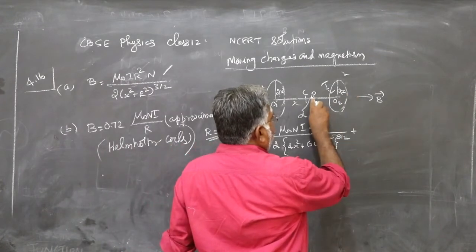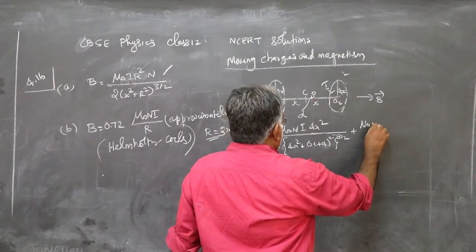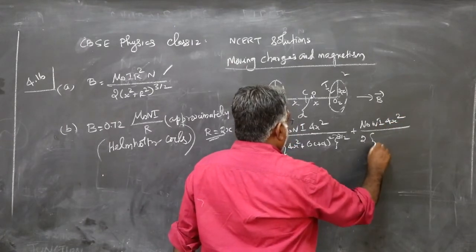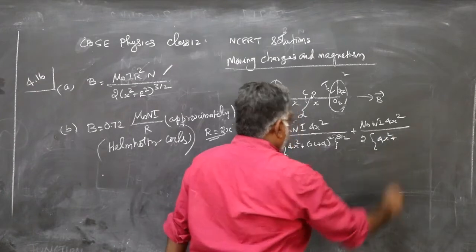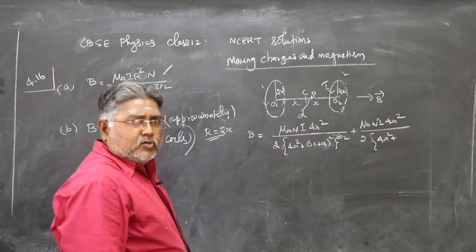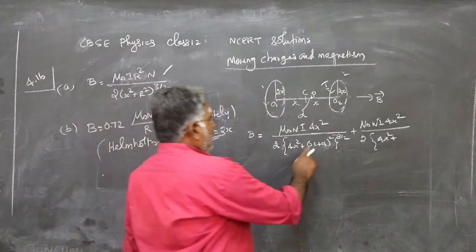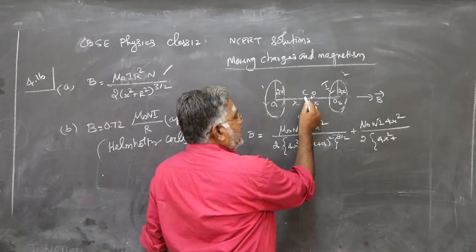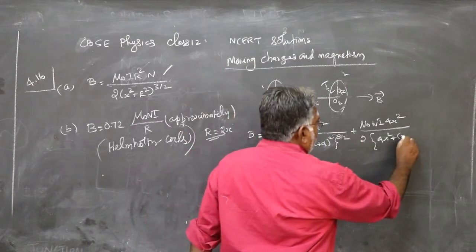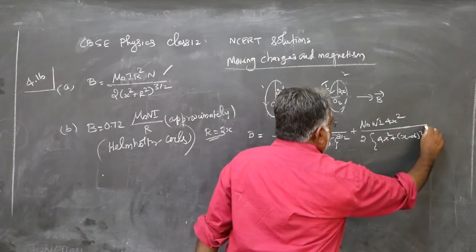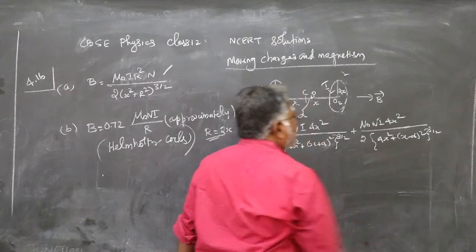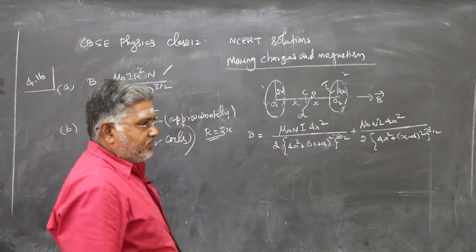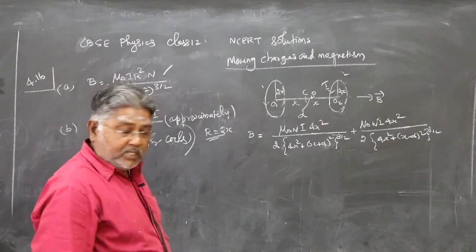Similarly, due to this, magnetic field at P is mu naught Ni 4x squared by 2 into 4x square plus, R squared, that is distance to the point P from this, x minus d, the whole square, 3 by 2. That's all. Simplify. You will get this. Use approximation properly, you will get that answer.